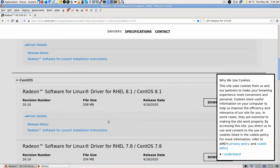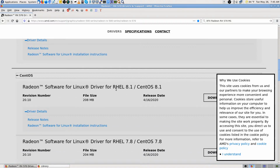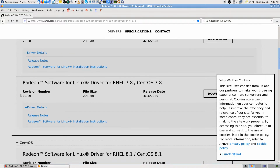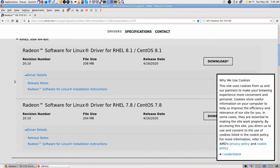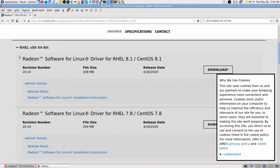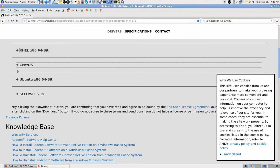What's the difference between Real and CentOS? And that was Real and CentOS. 8.1, 7.8. Well, they give them different names, but this is 8.1. I would really have to get in there and read and pay attention. But anyway,